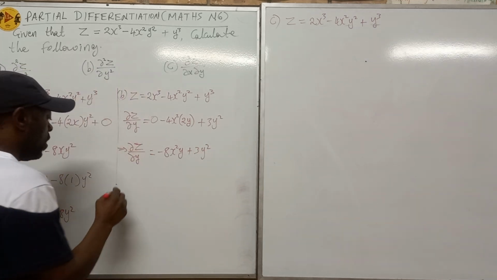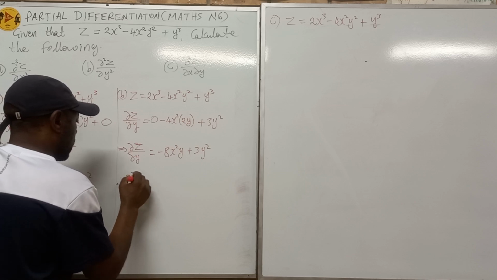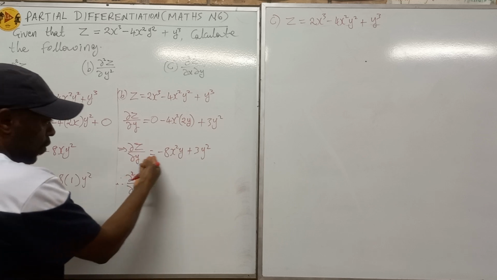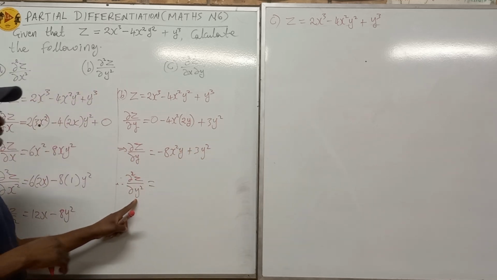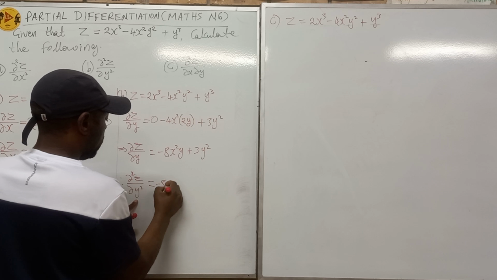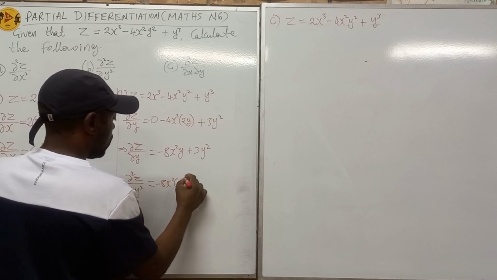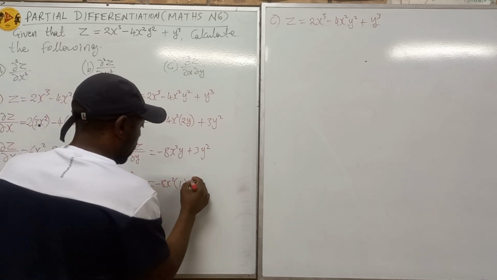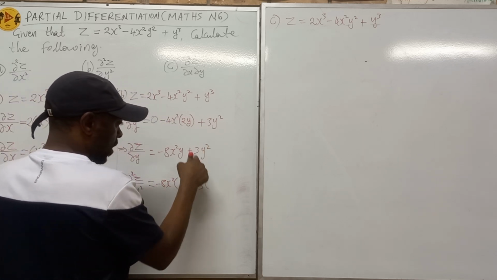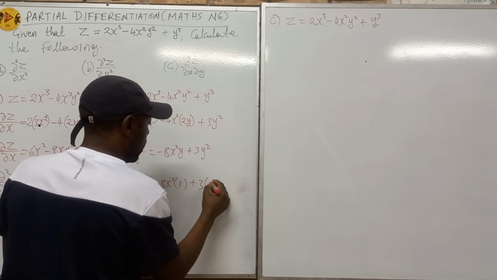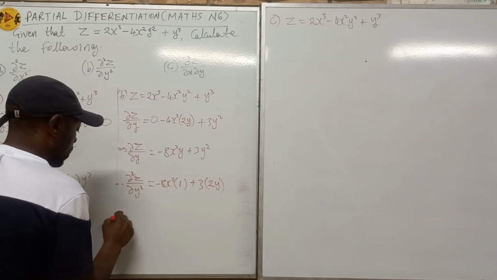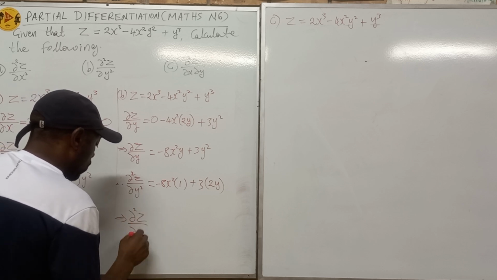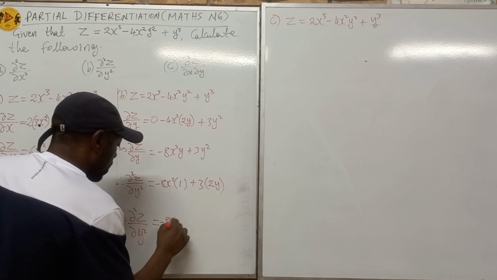I can now go on and look for the second derivative of z with respect to y. So that means I go through the first derivative, search for y. So in the first term, I've got negative 8x squared. They are not y, so I'm not allowed to differentiate them once I see my y. So I'll differentiate y to get 1. Then if I move to the next, I've got 3 multiplying an item that has y. If I differentiate y squared, it gives me 2y. So this therefore means that my second partial derivative of z with respect to y is negative 8x squared